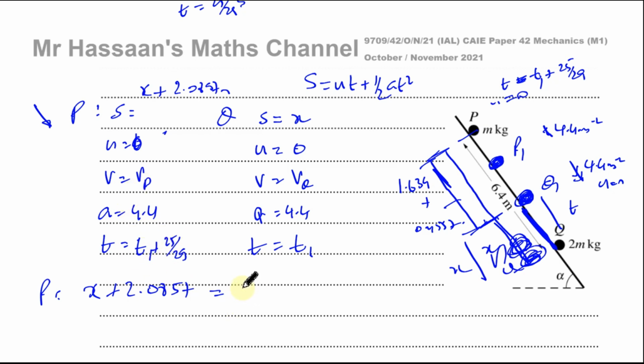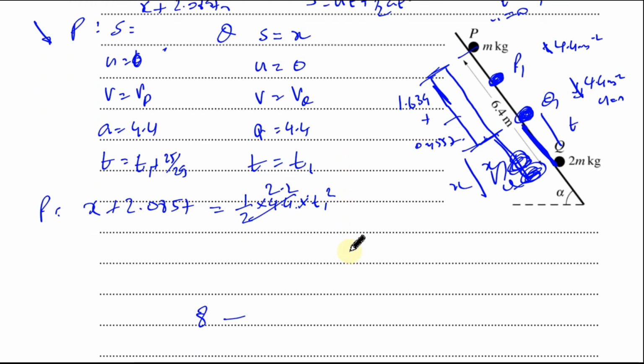UT plus a half AT squared, so you're going to have a half times 4.4 times T1 squared, which is going to be 2.2 T squared. And for Q, we're going to have X equals, and again, it's going to be the same thing. It's going to be a half